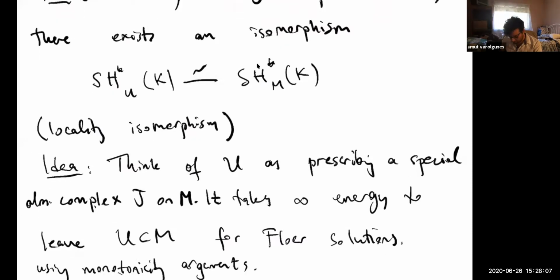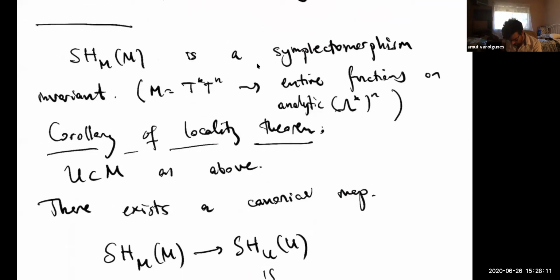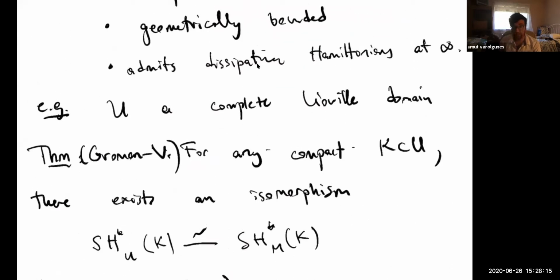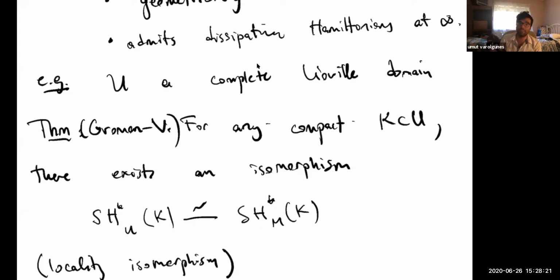Okay, but did I say that? Yeah, maybe I said it before. I just want to say these embeddings are not canonical. You might be embedding the same symplectic manifold in different ways into M, and that will give you different locality isomorphisms. And how these locality isomorphisms relate to each other is how wall crossing happens in this framework.